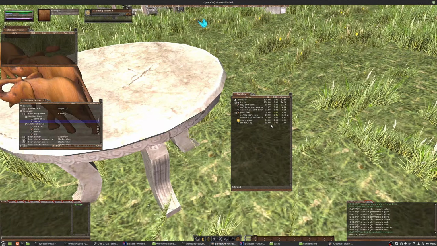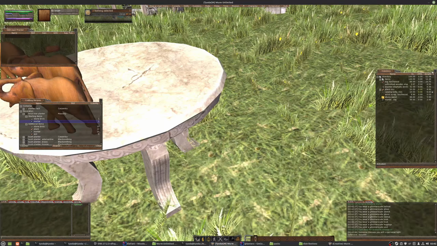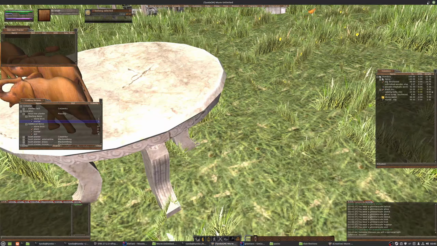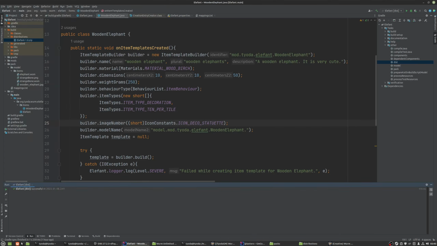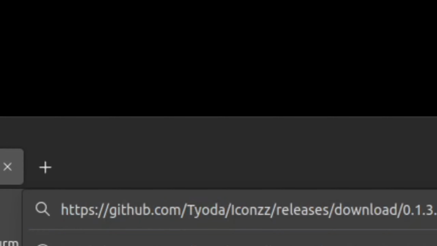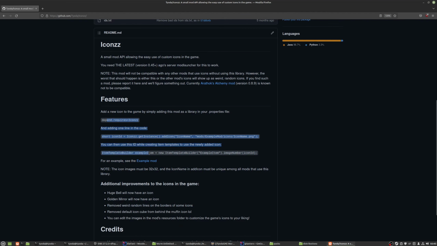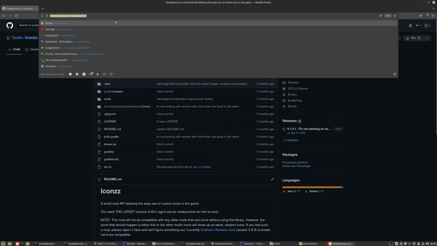Next up, we are going to, I think, make a new icon for it. That should be fun. So let's do that. To make a new icon, you're going to need to use my mod, which is Iconzz. There's a little explanation and an example mod for it, but we're just going to go ahead and ignore all of that